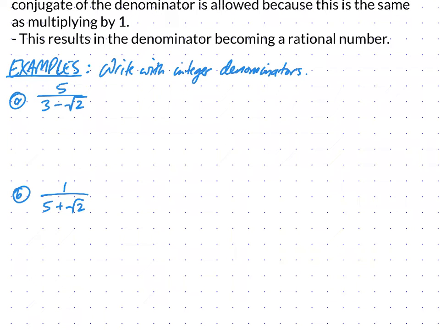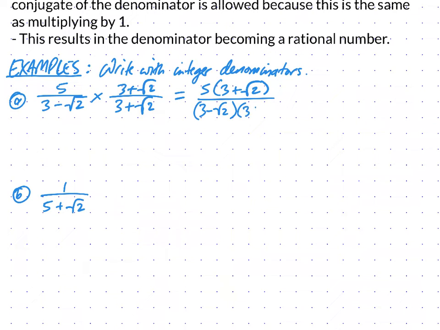5 on 3 take root 2. We need to multiply the numerator and denominator by the radical conjugate. So 3 plus root 2 over 3 plus root 2. Why are we allowed to do this? Because that is 1. So you're going to have 5 lots of 3 plus root 2 on 3 minus root 2 times by 3 plus root 2. So what you'll have here is 5 times 3, which is 15, plus 5 root 2 over